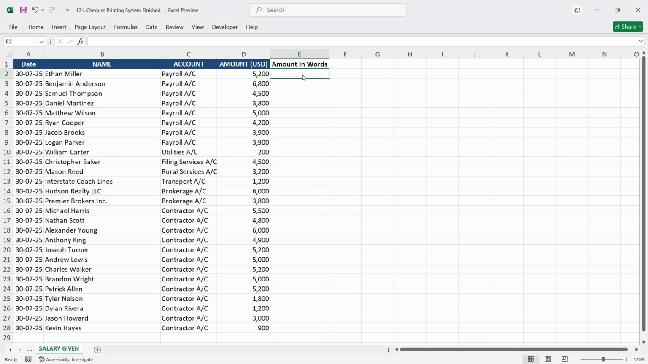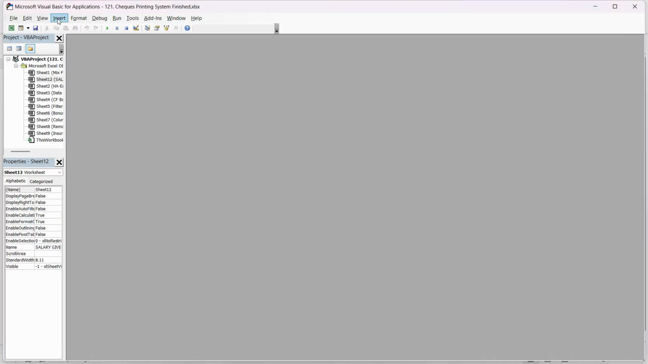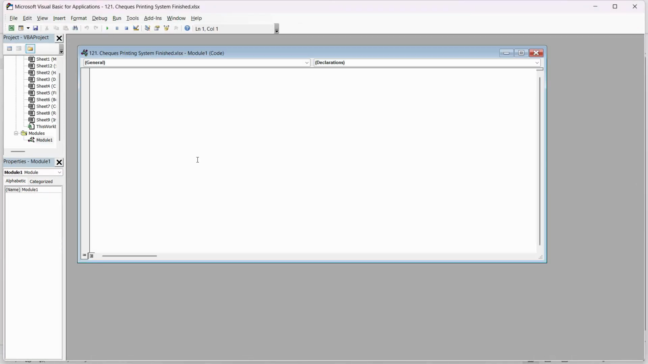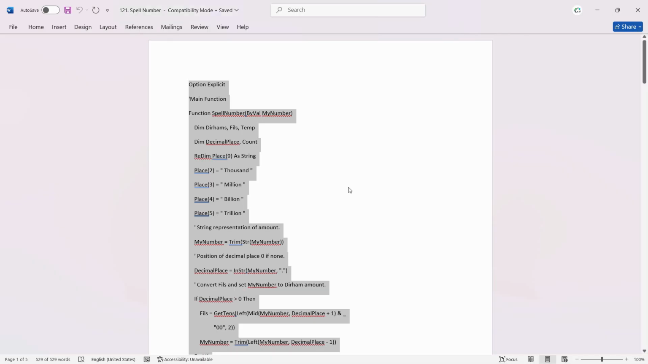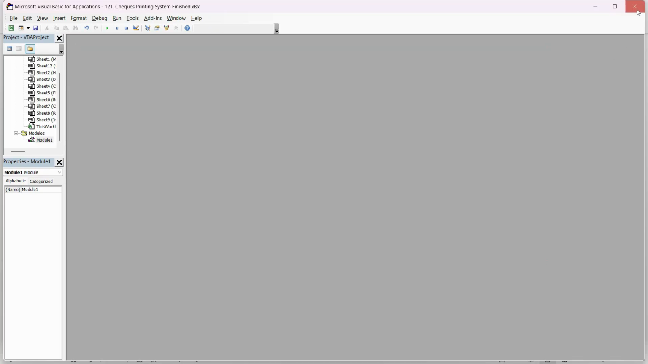Now, after the developer tab is enabled, you just go to the developer tab, click on Visual Basic, and we insert a new module directly. In here, we just have to paste a code that will execute that formula of spell number. So here is the code. You just copy this, paste it in here, close this, close out of Visual Basic,